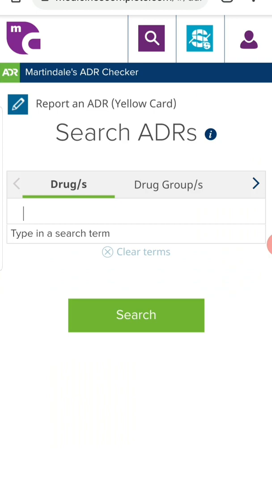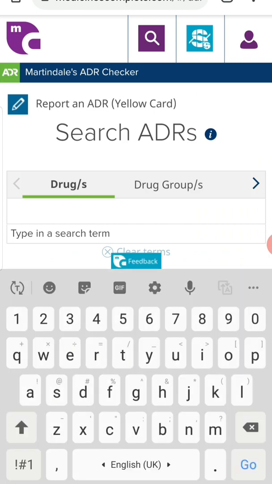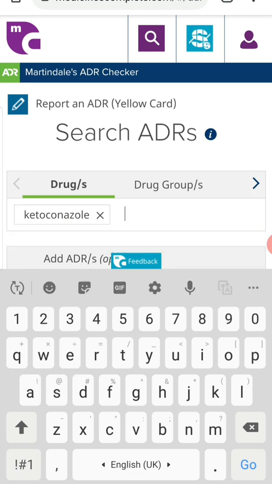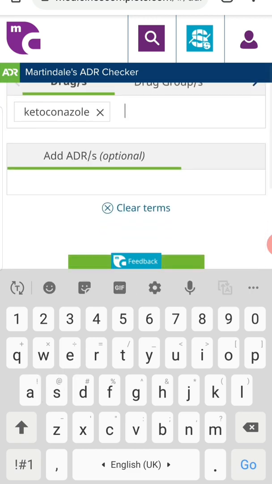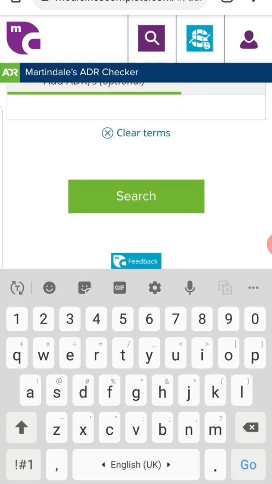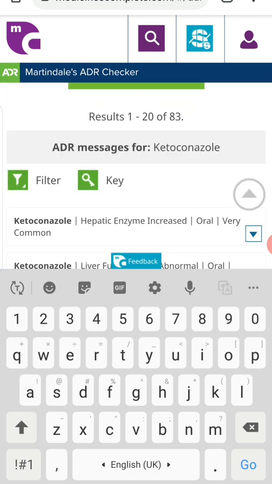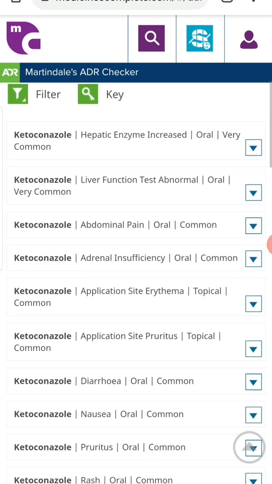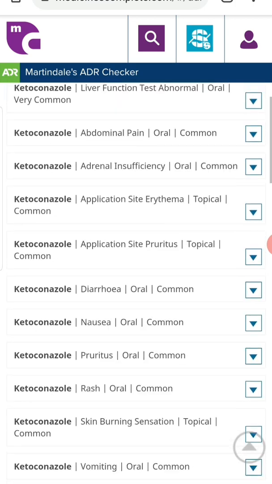Let's say generally our students will go to dermatology, pediatrics, and all these. Let's say in the dermatology ward, a patient has been given ketoconazole ointment or a ketoconazole tablet for a fungal infection, right? Just after checking the ADR, you can see there are multiple ADRs reported.